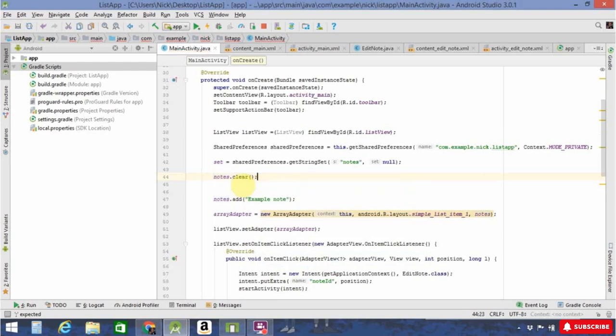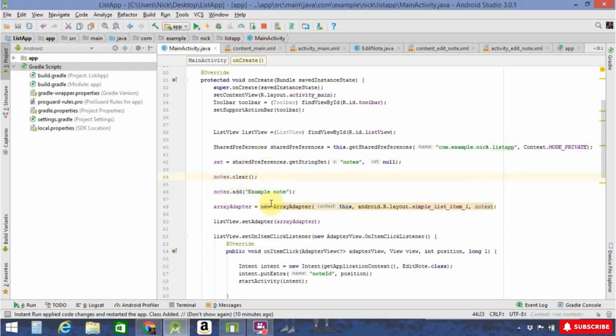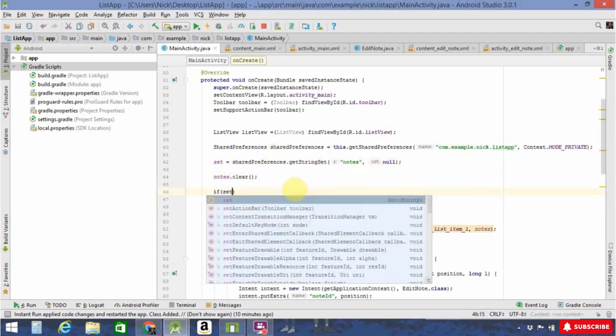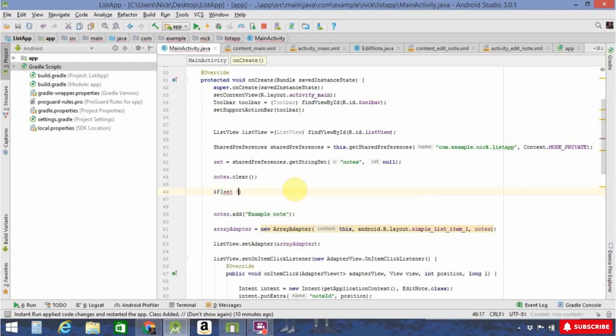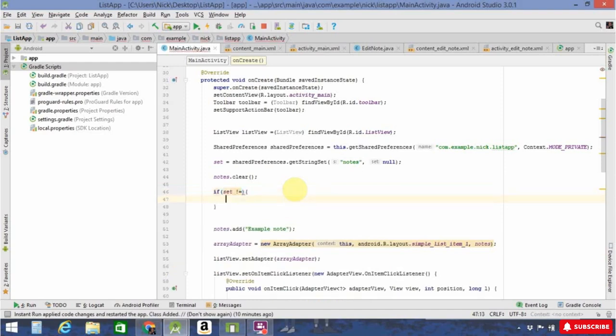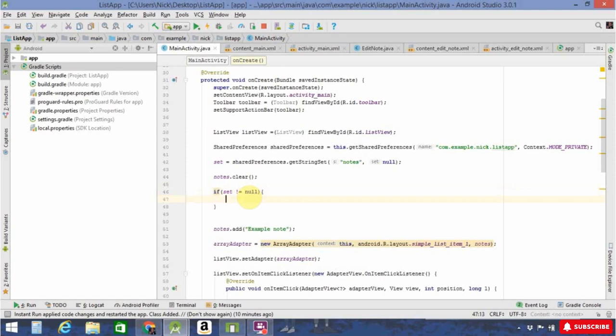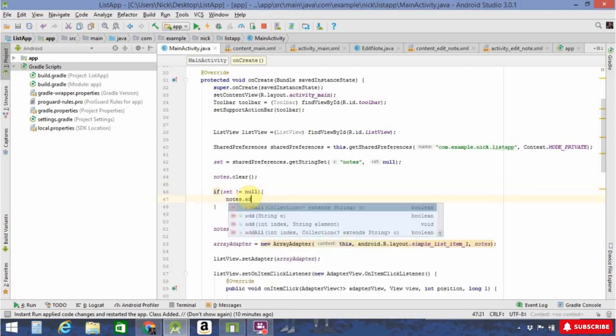Notes.clear. Remember, notes is not the one that's saved. That's just our local list. So, after notes.clear, we're going to check if our set is equal to null. We're actually going to go if it's not equal to null. It'll work better for this. Set is not equal to null. Sorry, I forgot to write null. Notes.addAll